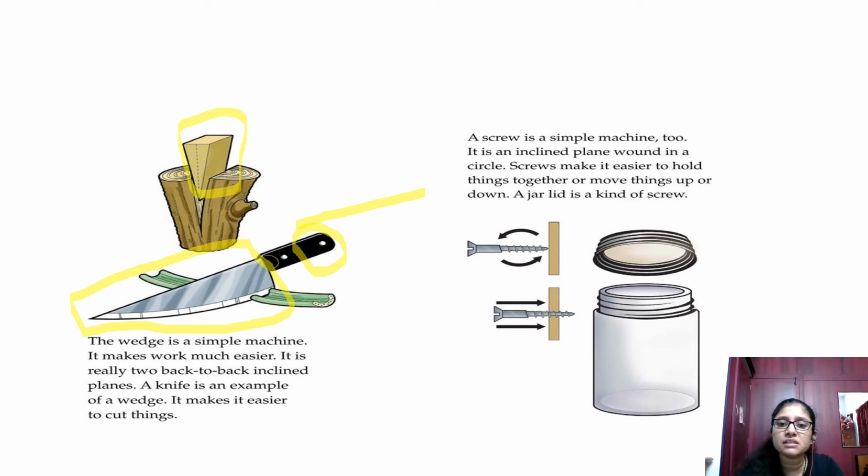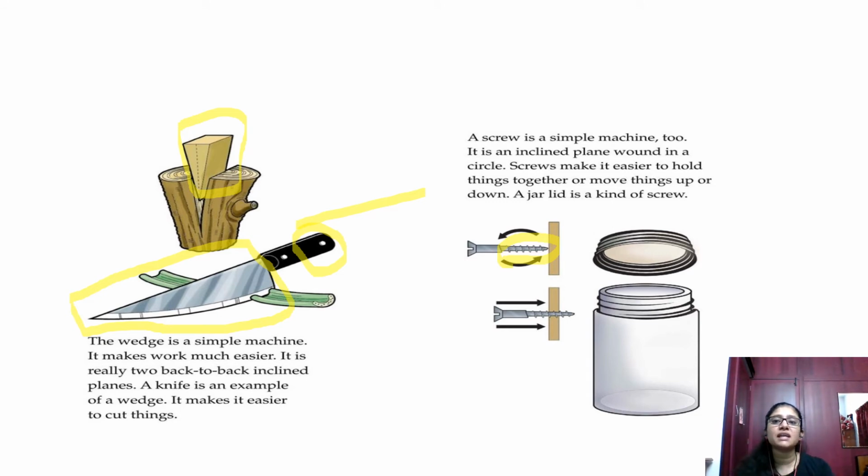Wound in a circle means when there is a screw, you can see this part of the screw. This part is called a wound. Wound in the sense, not the wound that you get when you fall down. It's not that wound. It's the spiral thing. You would have seen many screws at your home, that spiral kind of thing, twisted and twirled rolls. So that is called a wound. Okay. So that is an inclined plane. They are telling that a screw is a plane which has some twists and twirls.